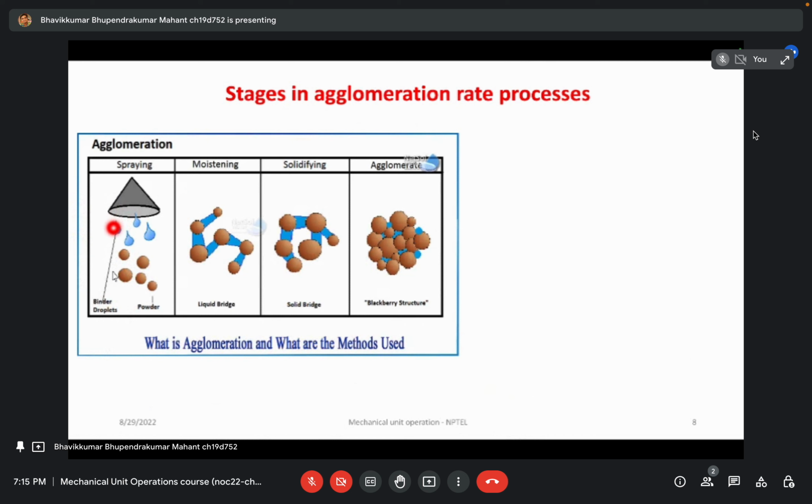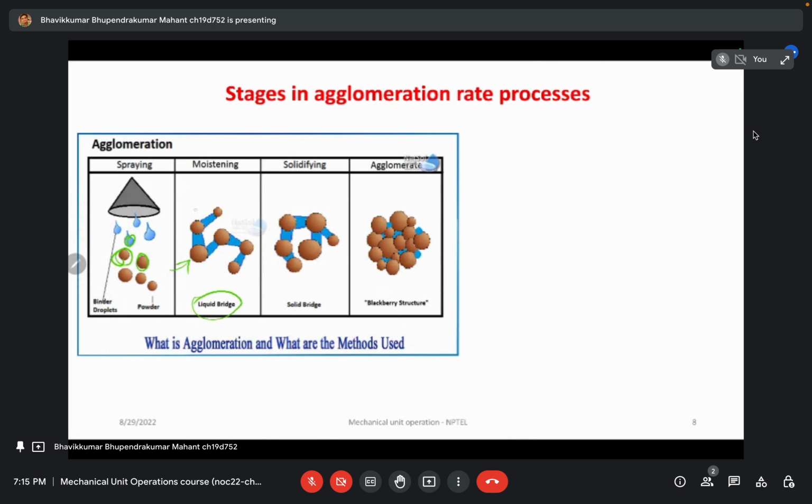We can use a binder material which can bind our fine or solid particles, and we can spray that binder on them, and by spraying, this binder material can form a layer on our solid fine particles. Then moistening: the binder material comes into contact with our particles, and then we form